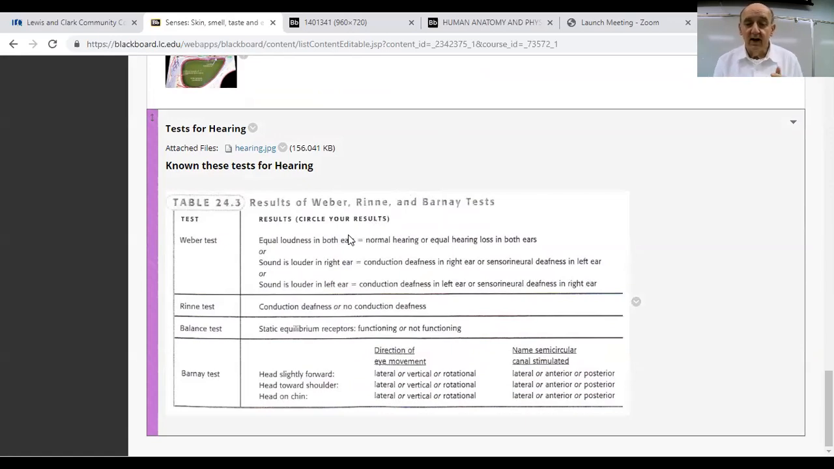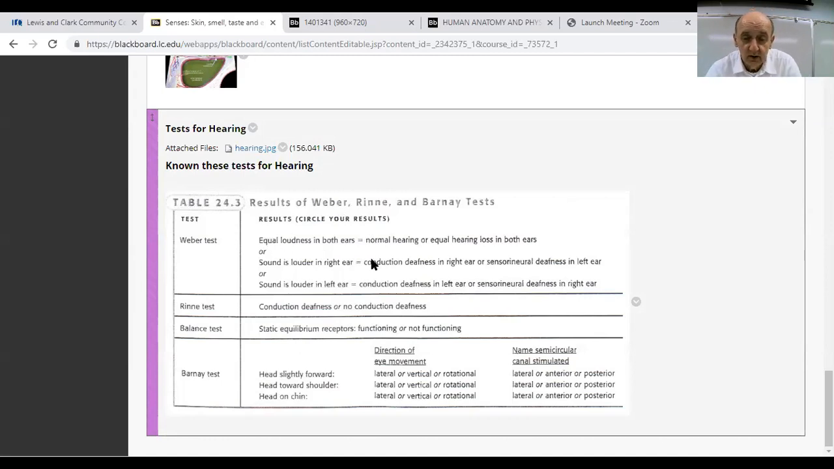So imagine in the early 1800s or the 1700s, somebody's complaining about potential hearing loss. How would you determine which ear might use some kind of a hearing aid? Or just to document this hearing loss, Weber designed a test where you strike a tuning fork, put the tuning fork to the middle of the skull, like the top of the head, and lo and behold,